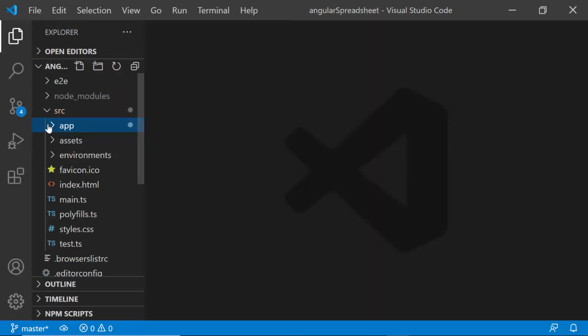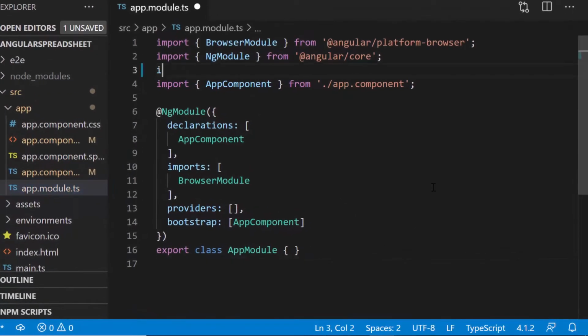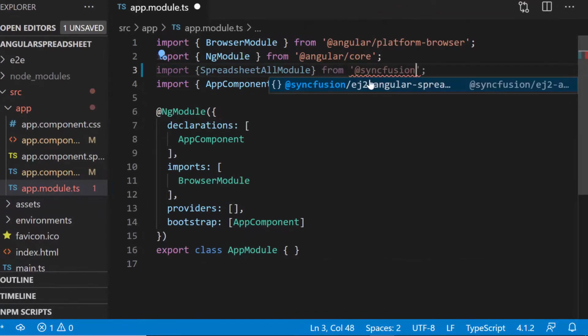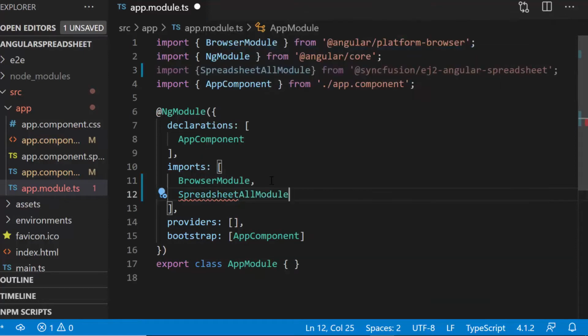The first thing I need to do here is to import the spreadsheet module from Syncfusion Angular Spreadsheet package. For that, let me navigate to the app module file and import the SpreadsheetAllModule from Syncfusion ej2-angular-spreadsheet package and register the same within the imports array of NgModule section.